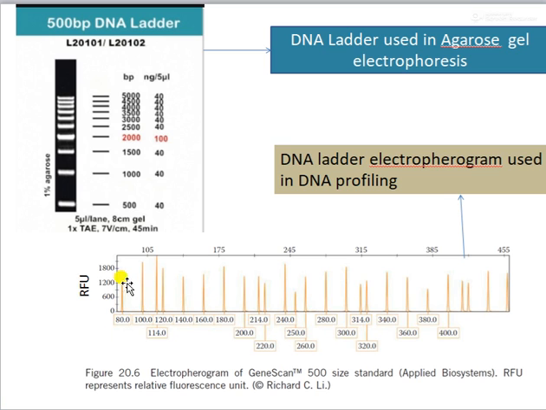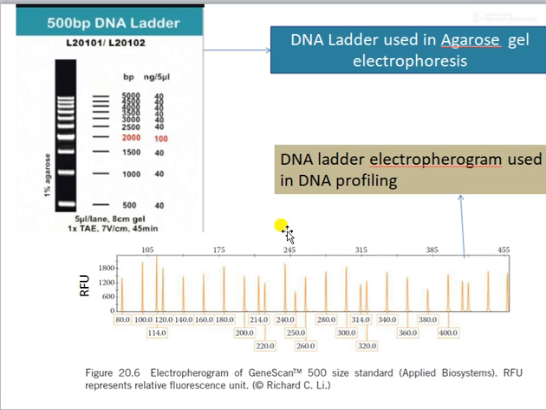Here it is 80 base pairs. This is 100 base pairs, 120 base pairs, 140 base pairs, 160 base pairs. This is about a ladder. And the approximate values are also indicated over here. You have 105, 175, 245. These are all base pairs which show that the size of this peak is between them. This is 240 and this is 245.